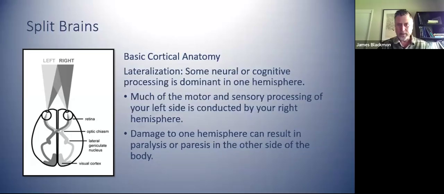And notice what happens. It turns out nobody knows why this is the case. There's some theories, but it turns out that the left hemisphere is